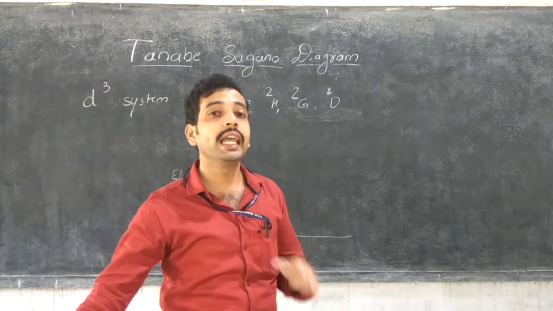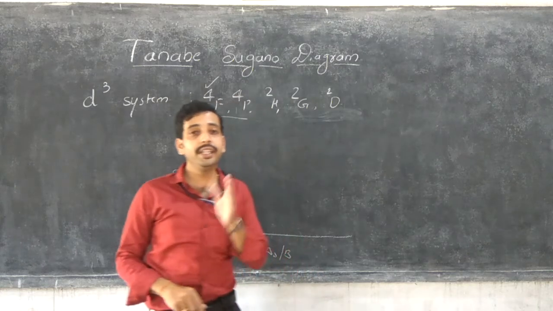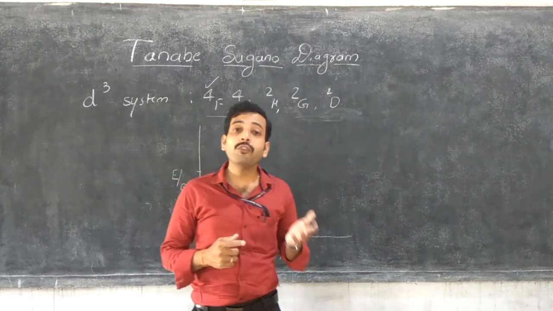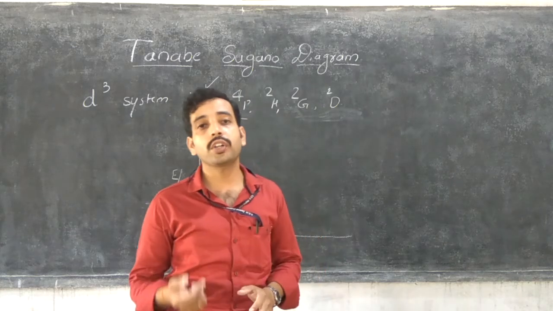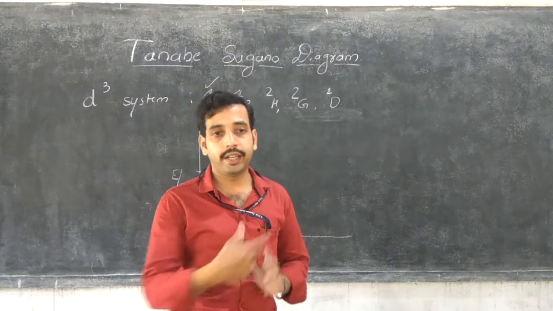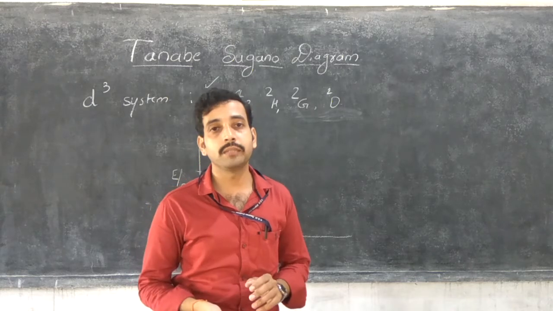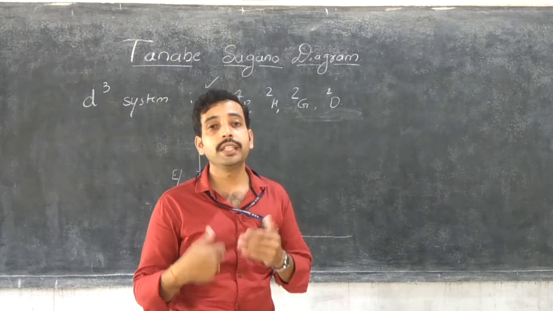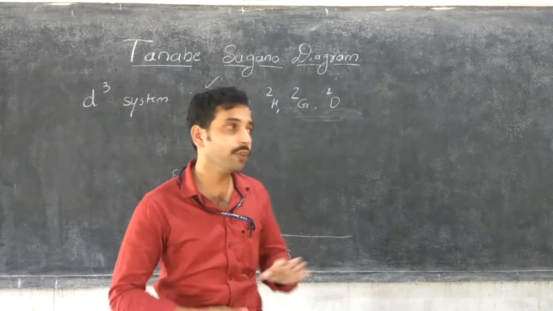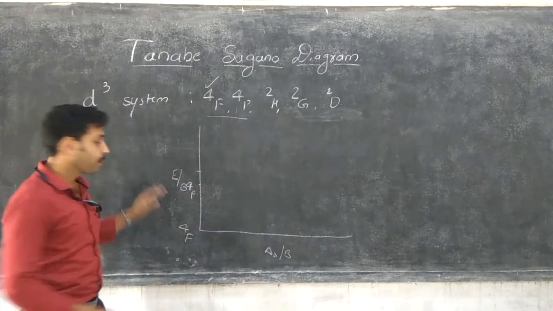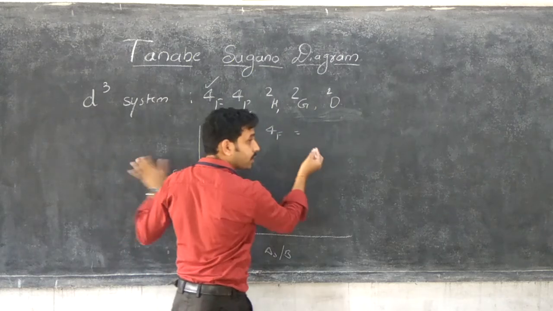The 4F, means the d3 system, from the Orgel diagram, D3 system is the F Orgel diagram. In the F Orgel diagram, d3 is on the left half of the Orgel diagram. In the left half means d2, d7 of octahedral are on the right of the Orgel diagram, and d3, d8 systems are on the left half of the Orgel diagram. In the left half of the Orgel diagram, the terms are inverse to the right side. That's why in these cases the lowest energy 4F